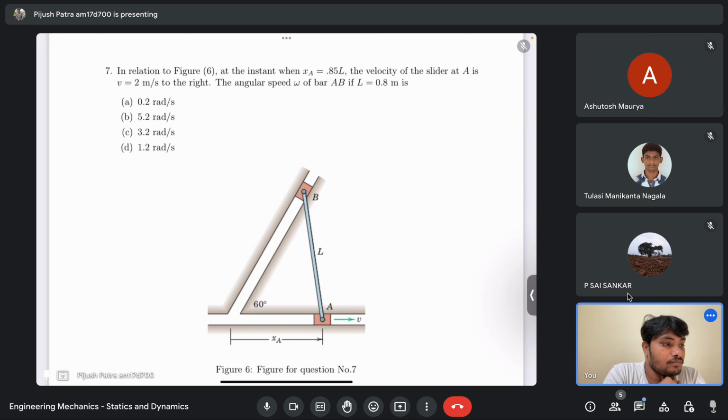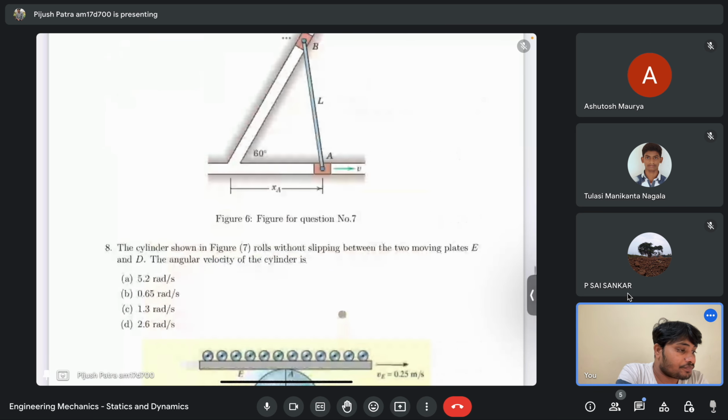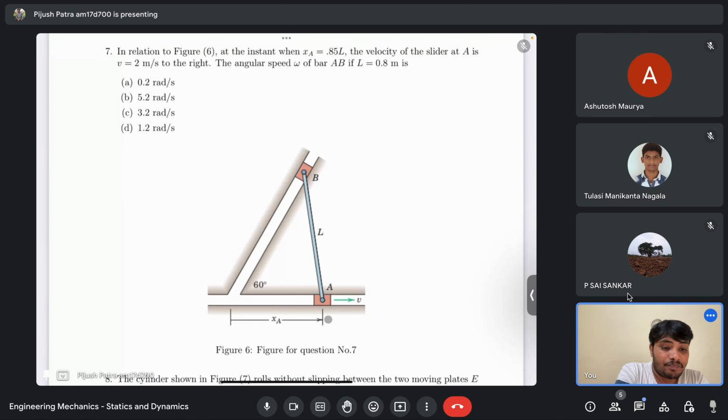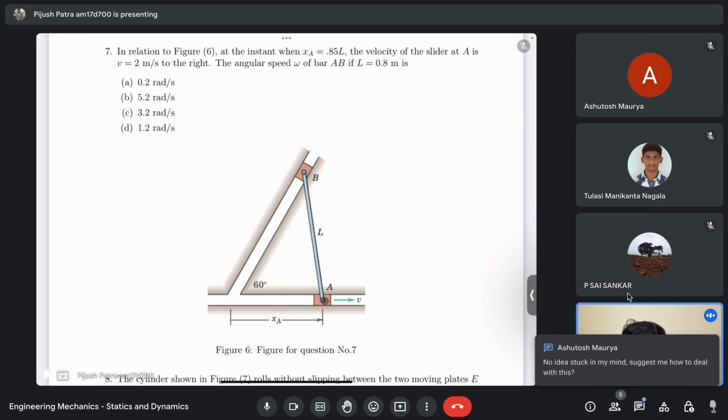Anyone? Just any hints, how will you solve the problem? Here you need to know the instantaneous center of zero velocity. So I will tell you how. If you look at this figure carefully, if you draw a perpendicular line from point B along this, and if you draw a perpendicular line from this point along the vertical direction, so you draw a perpendicular line from here,